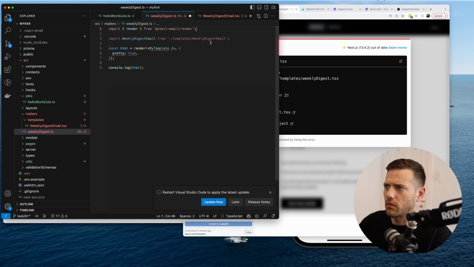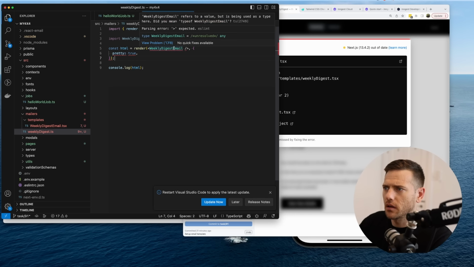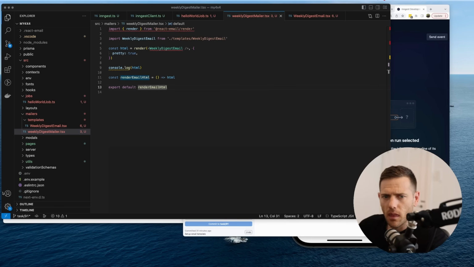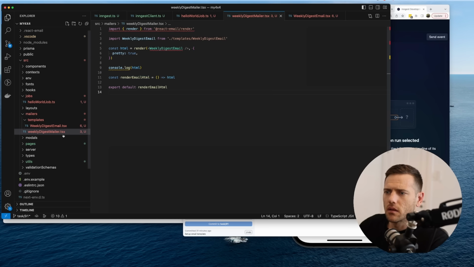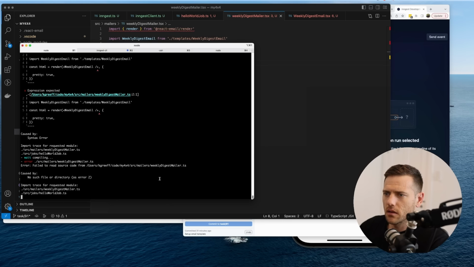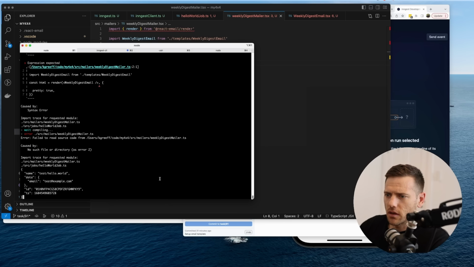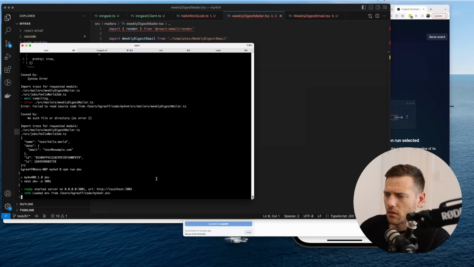So we're going to import render from React email. We're going to render that, which is fine. This needs props. Yeah, cool. Just a classic Ken stitch up. So we need to be using the TSX extension because we're using JSX syntax here. So that's on me. So if we just quick check this out, run here again,